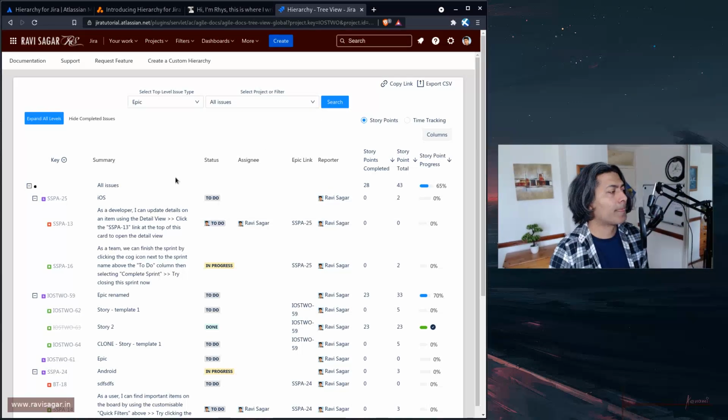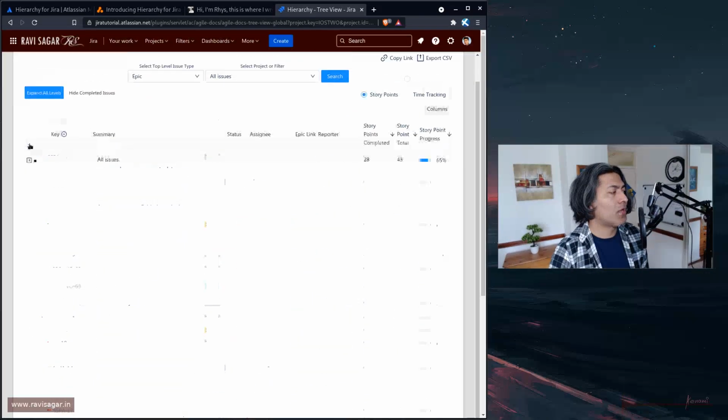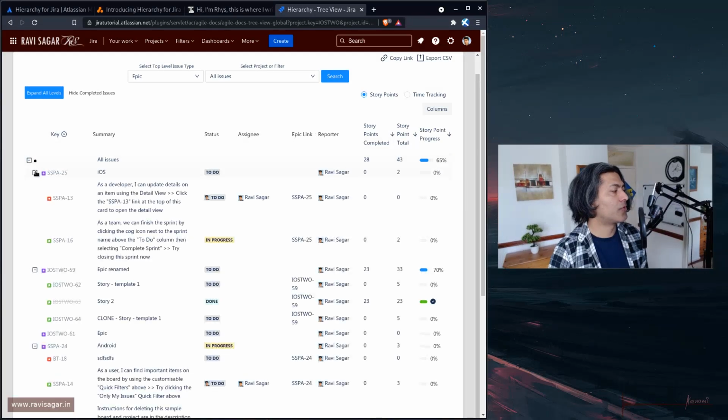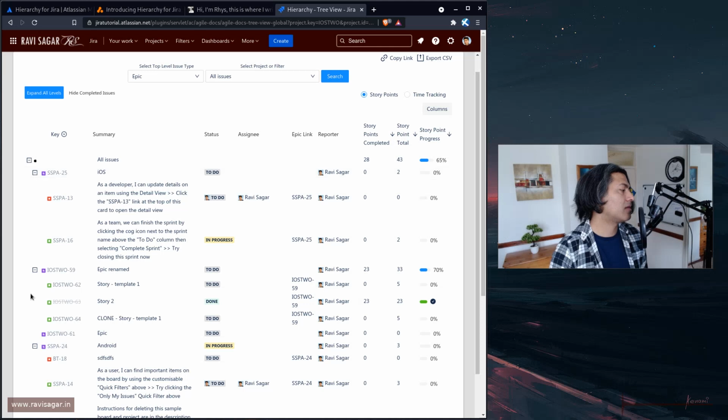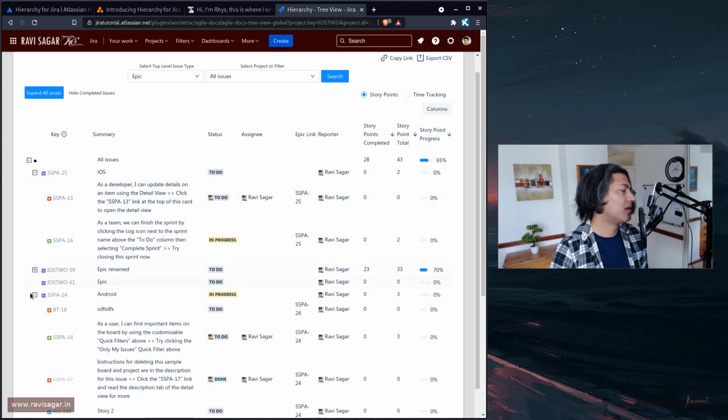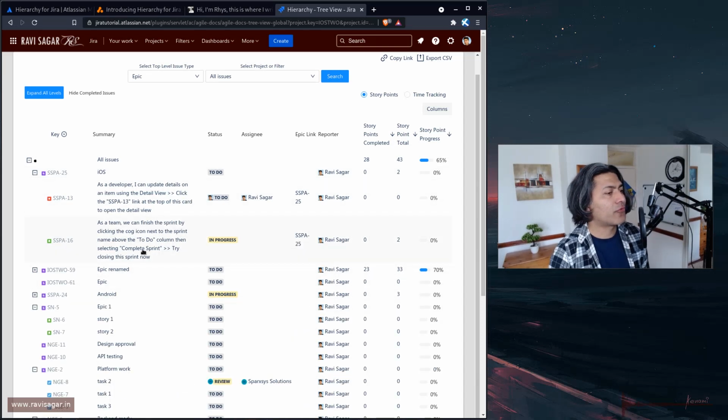At the same time, if you look at this view, you can collapse everything if you want to. You can also collapse, I believe, different levels. I believe you can also collapse the epics and so on. So right now, of course, I can see at least 2 levels. But the good thing is that even for the default hierarchy that we have in Jira software, you do have this ability where if people are